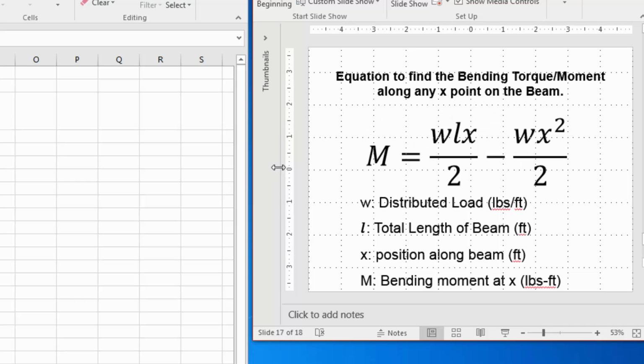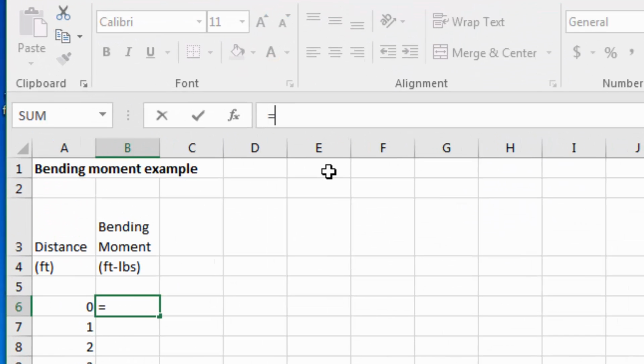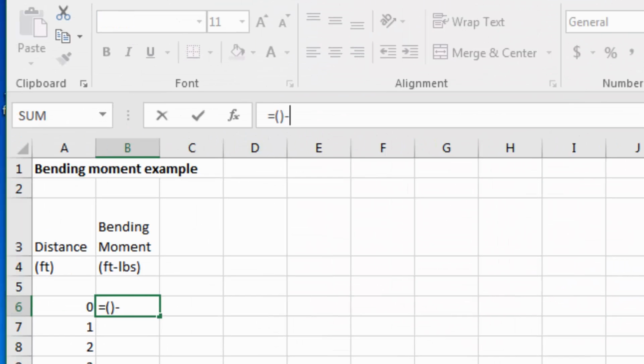So I'm going to go back to my original formula, and in cell B6 I am typing in my first real formula. So I put in an equals, and whenever you're working with Excel, you want to be really careful about your parentheses. I look at this equation and I see two things being subtracted from each other. I like to write equations from the outside in. So basically I see two things being subtracted, so I'm just putting two parentheses, one subtracted from the other, and I'm going to go ahead and fill those in